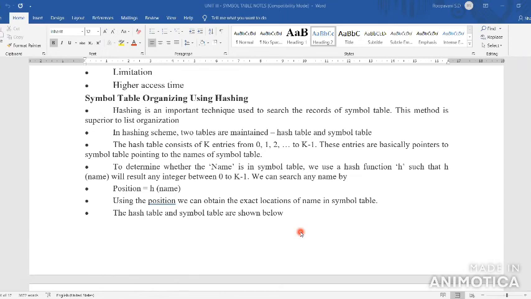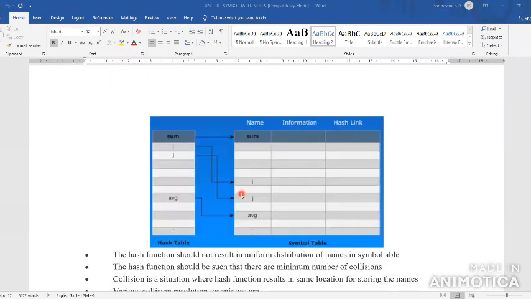Each entry points to the symbol table, to the name in the symbol table. You have to specify each hash entry pointing to the entry, and store the exact name in the symbol table. You have to maintain the two tables for the given technique.